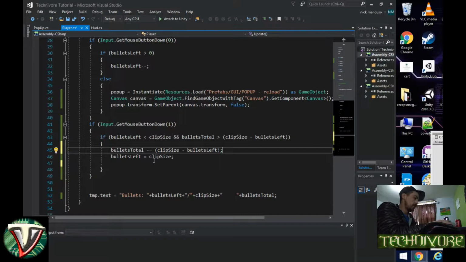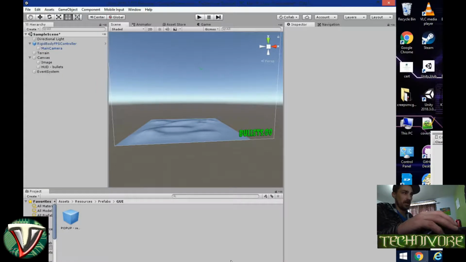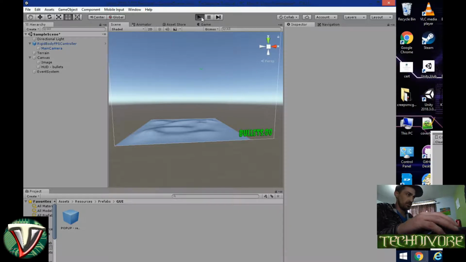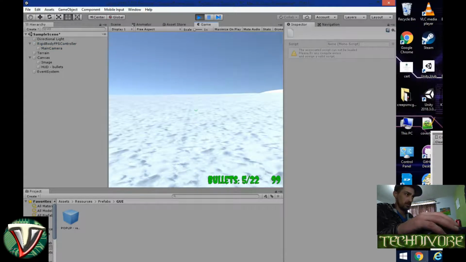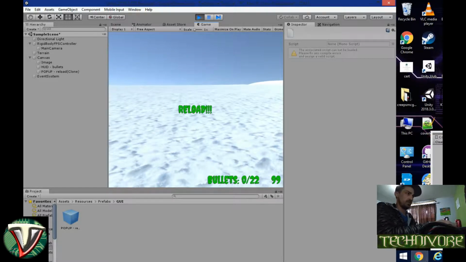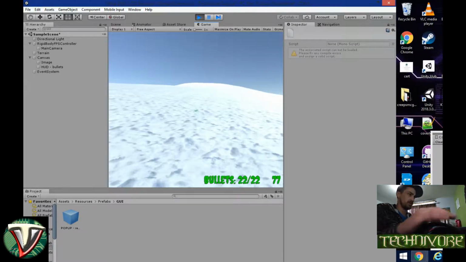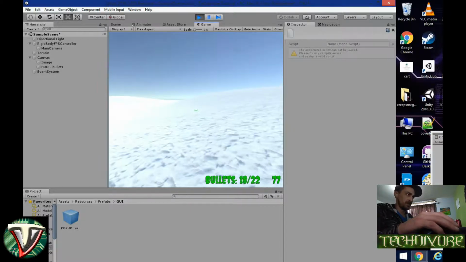we're gonna do else if. So if bullets left is less than clip size, and bullets total is greater than clip size minus bullets left. We're going to change this to and bullets total is greater than 0. And we're just going to say bullets total equals 0. Bullets left equals